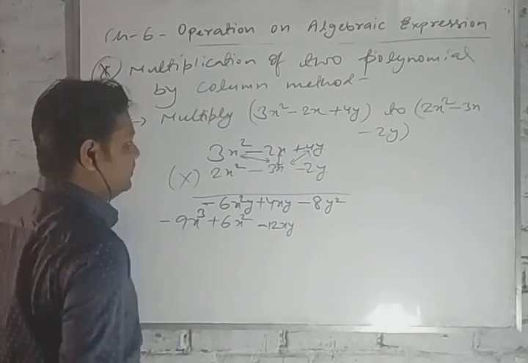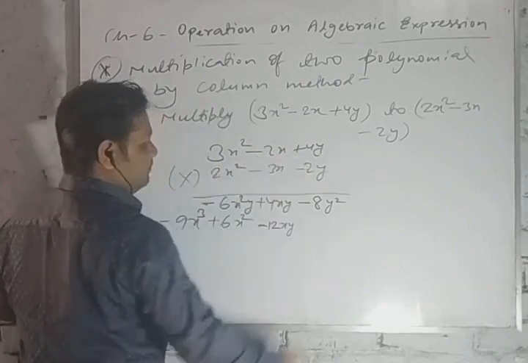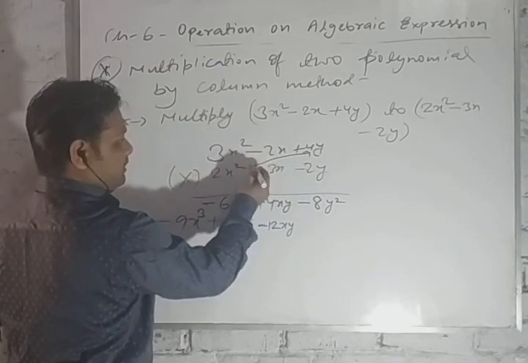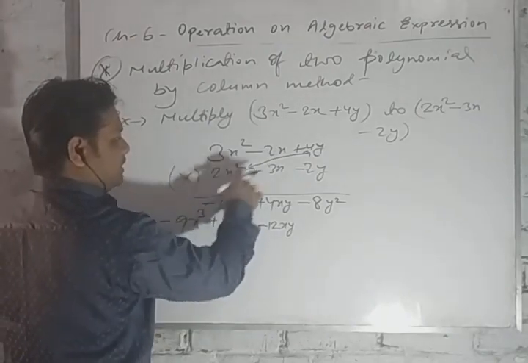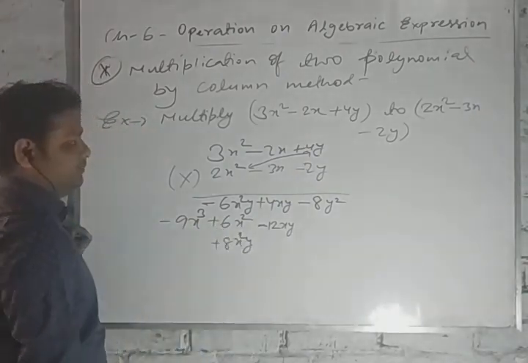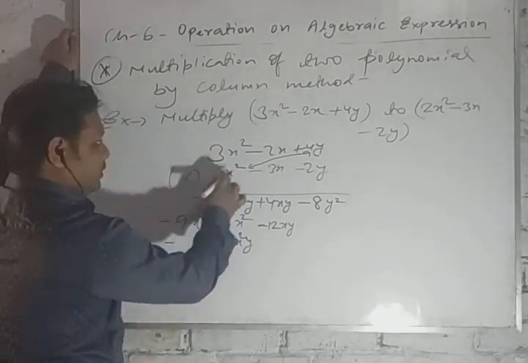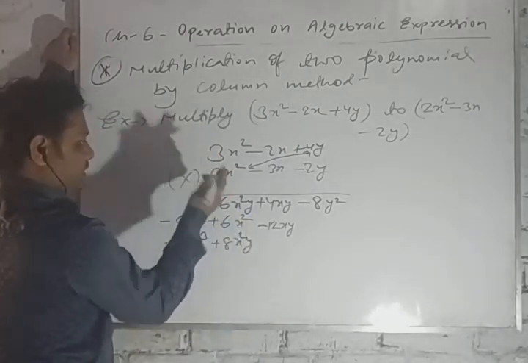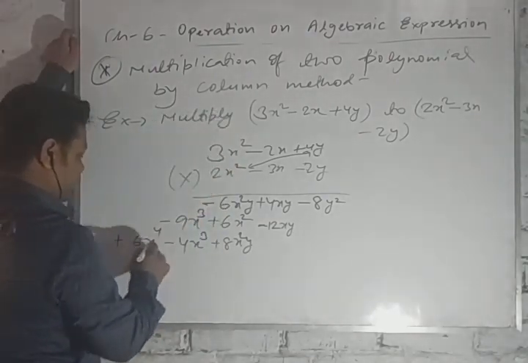It is x. Again, the first term of the second expression by each term of the first expression. Okay. At first we have to multiply it with this one, plus plus plus. Then 4 2 ja 8, x square. Now minus plus minus, 2 2 ja 4, x square and x cube. Okay. Then this one, plus plus plus, 3 2 ja 6, x square to the x to the power 4.